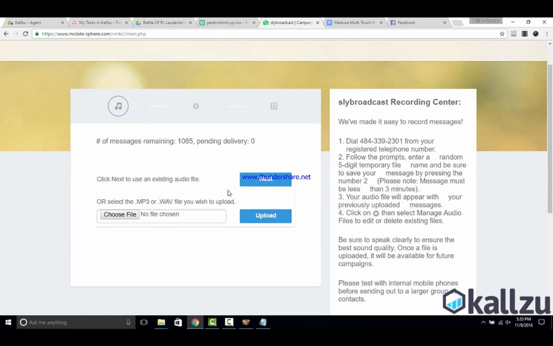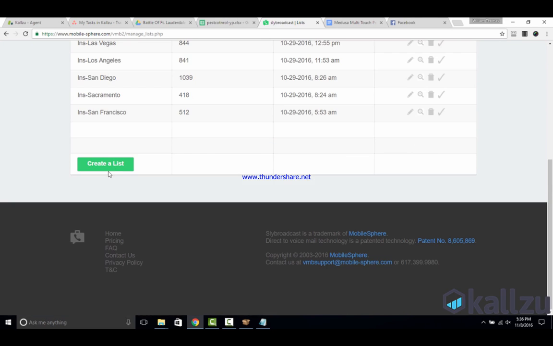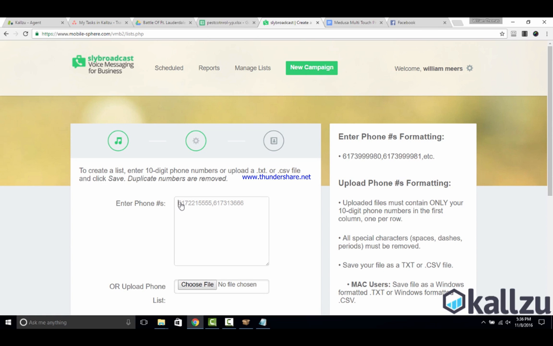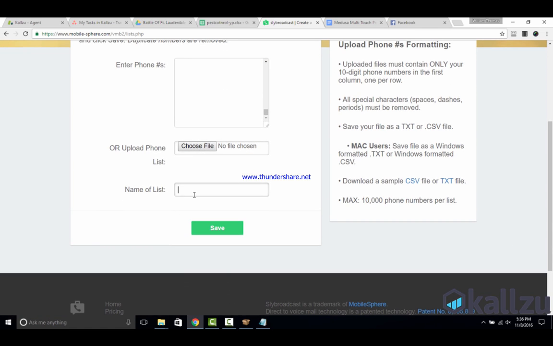Now, we want to choose a new file, an audio file. If you want to go ahead and load the numbers first, you just want to come up here, add manage audio files, and then numbers is where you manage lists, and then create a list. So once you hit the create a list button, you come over here, you copy paste, and then you can upload a file too if you want, but I just like to copy paste since that file is already open,